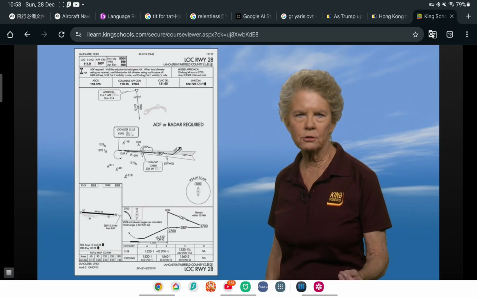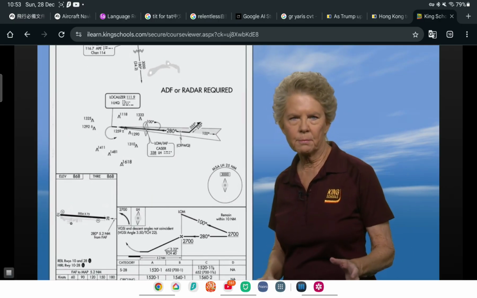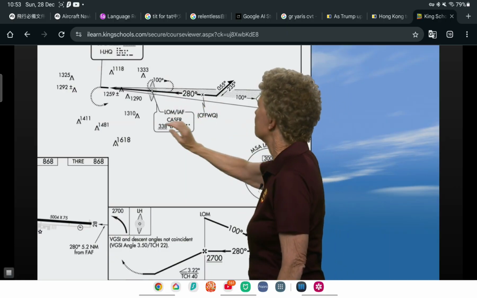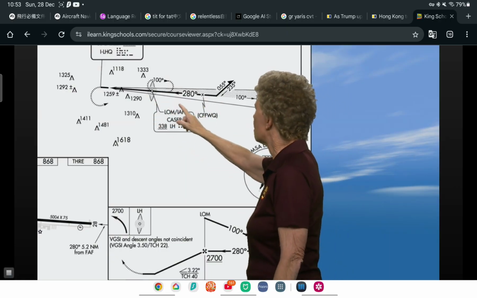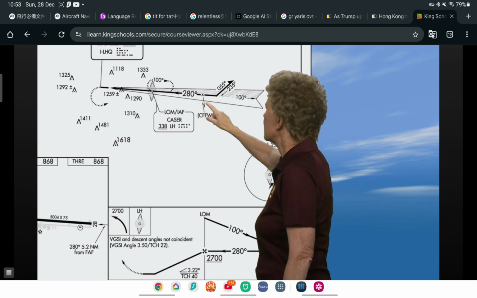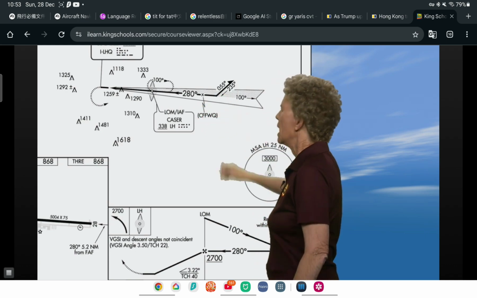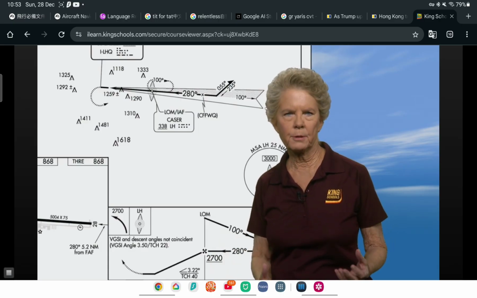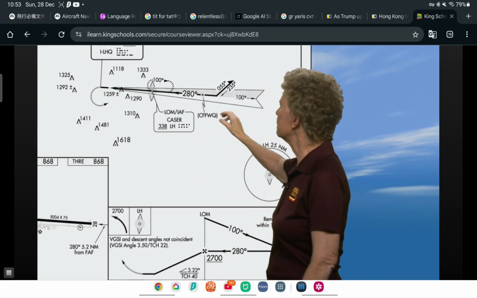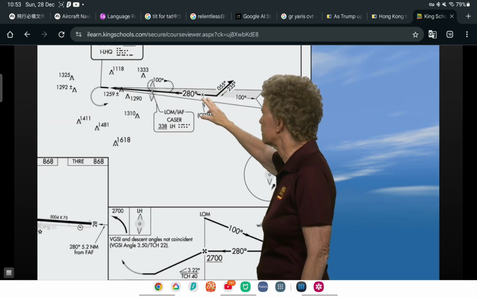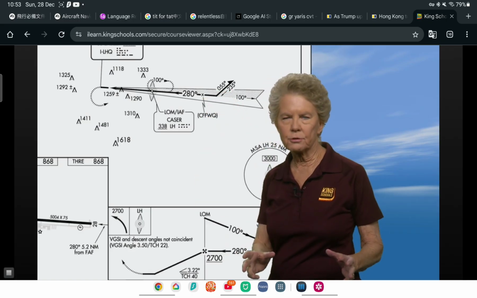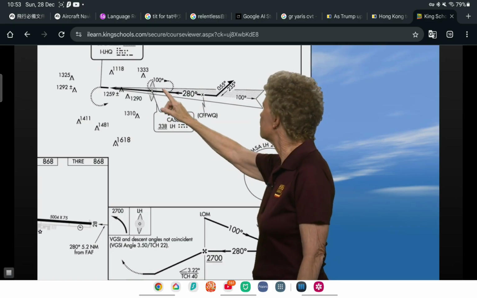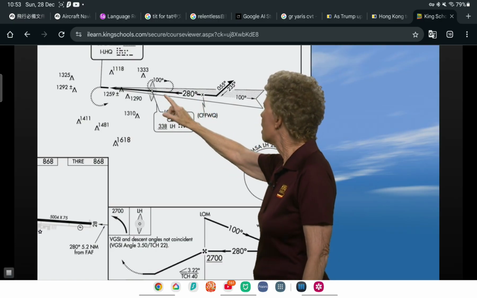turn actually looks like. In the center of the plan view is a little barb here. It points away from the airport on the localizer, and then it angles to the northeast. And you'll know whether or not a procedure turn is allowed on a particular approach by looking for this barb symbol right here. For this procedure turn, you would fly eastbound or outbound on the localizer course on a heading